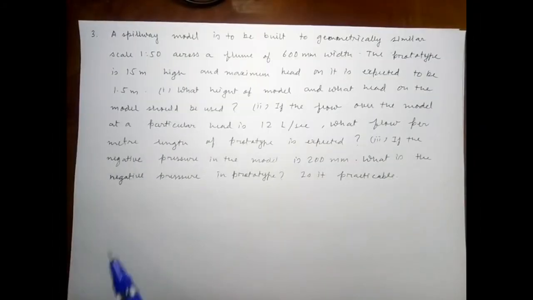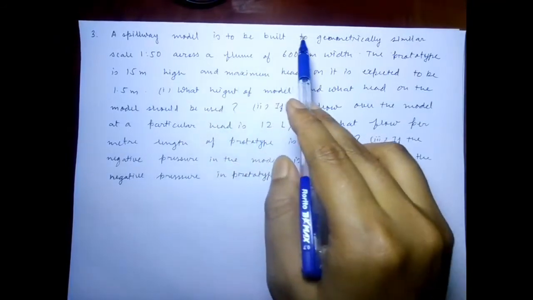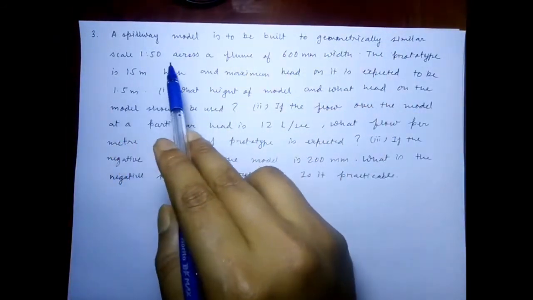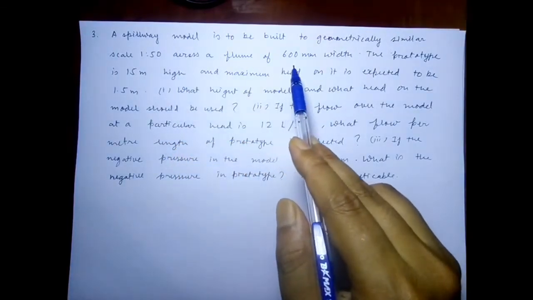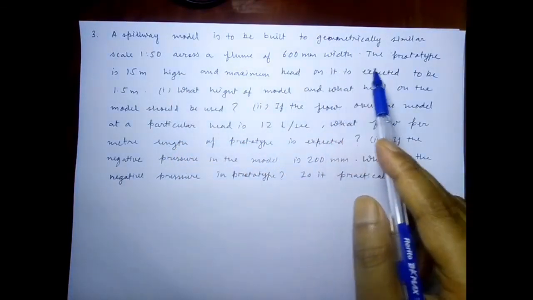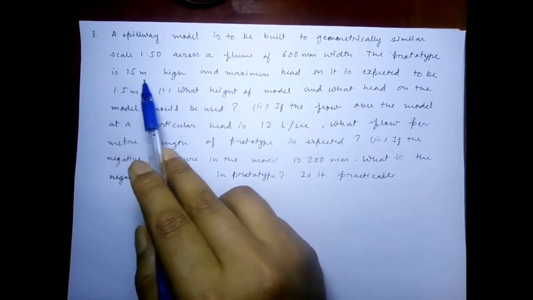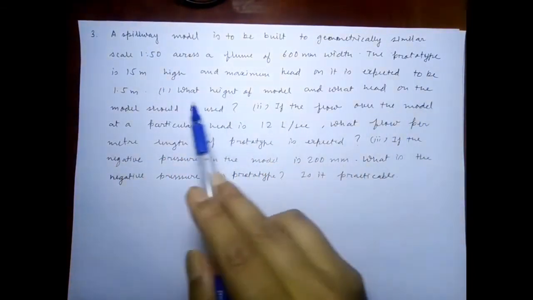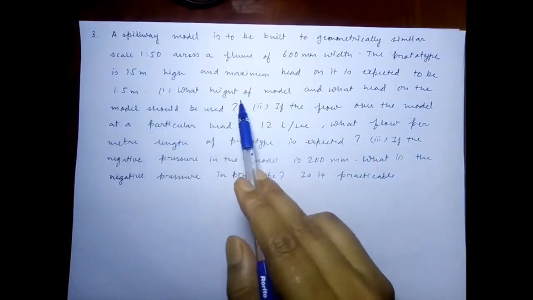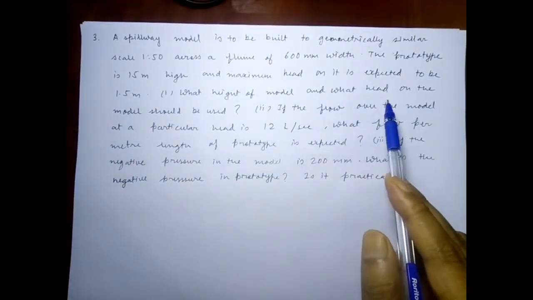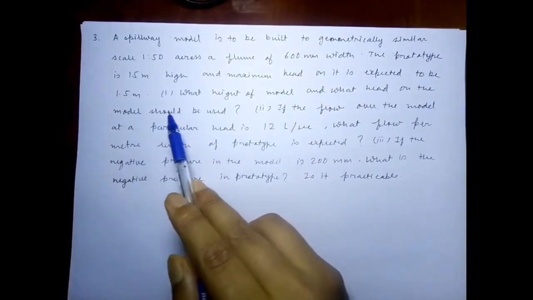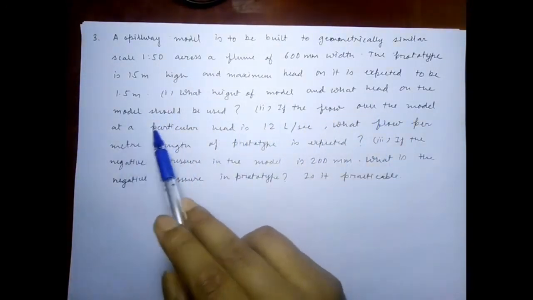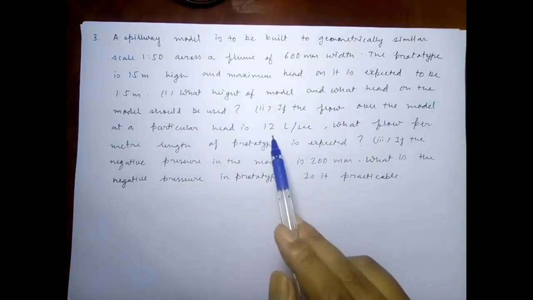So in the next question, a spillway model is to be built to geometrically similar scale 1:50 across a flume of 600 mm width. The prototype is 15 meter high and maximum head on it is expected to be 1.5 meter. What height of the model and what head on the model should be used? And if the flow over the model at a particular head is given 12 liter per second,